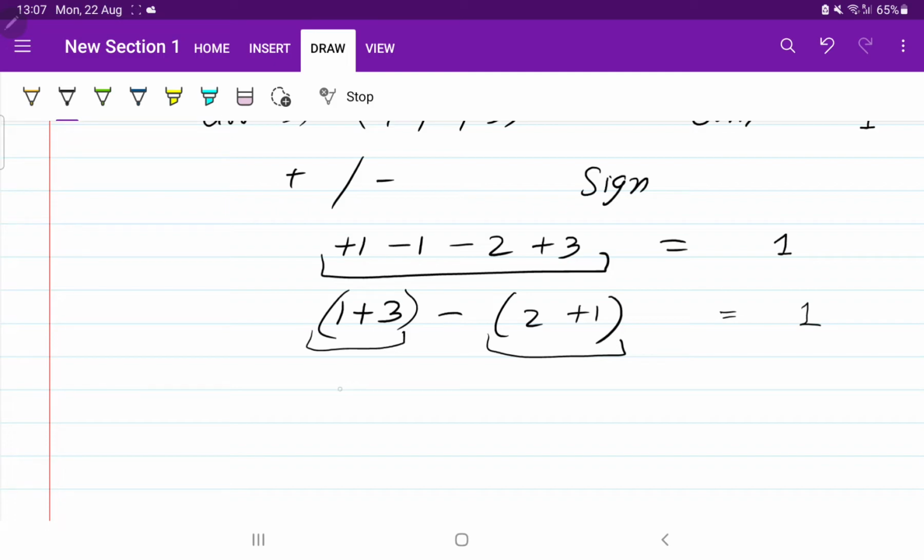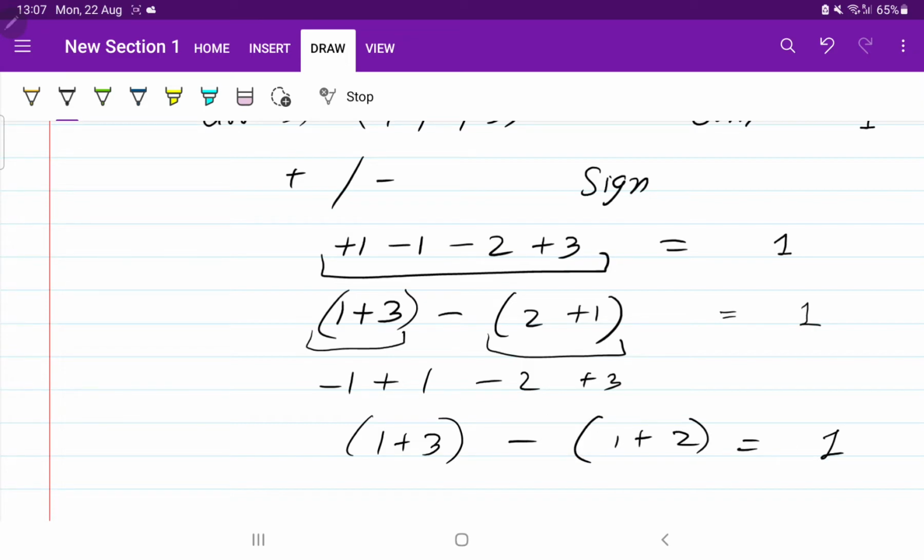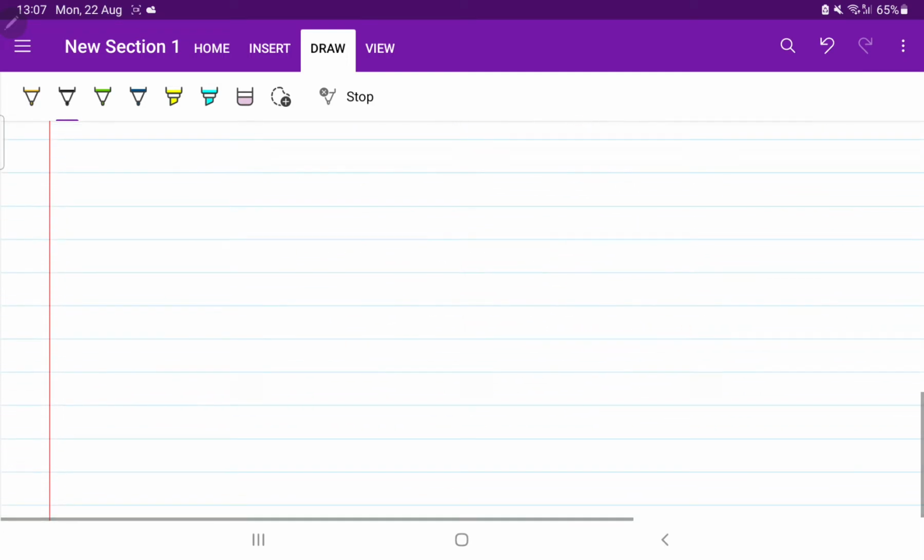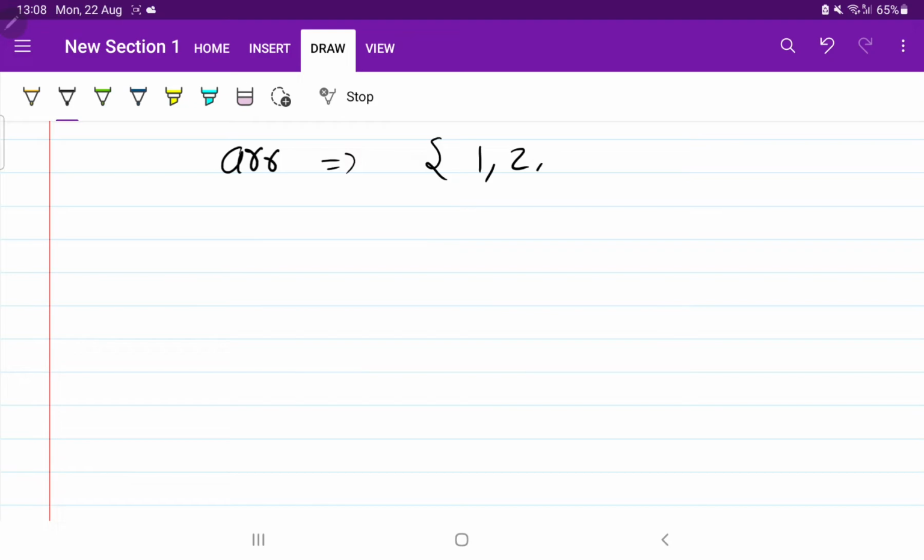Correct? What was the other thing? It was like this, minus 1 plus 1, minus 2 plus 3. Here also we can do like this, 1 and 3 are here, I am taking the minus sign common, here also we are going to get 1. So basically in the question, an array was given with the elements 1, 1, 2 and 3.